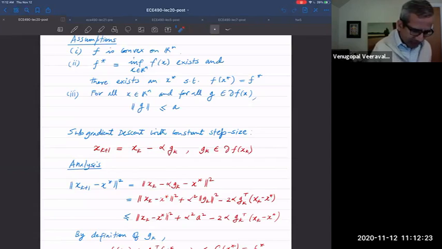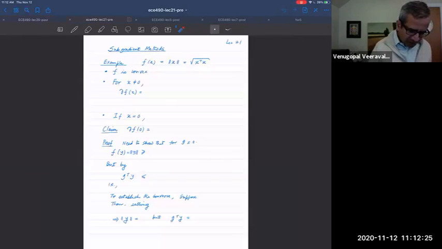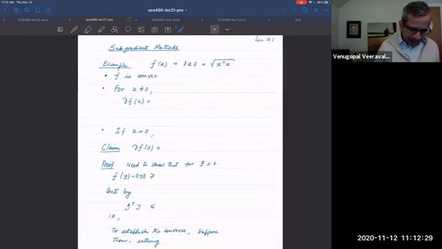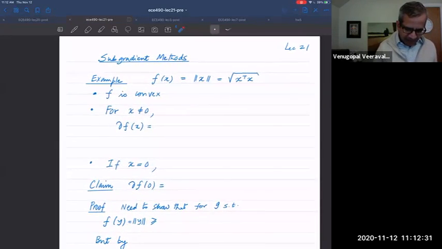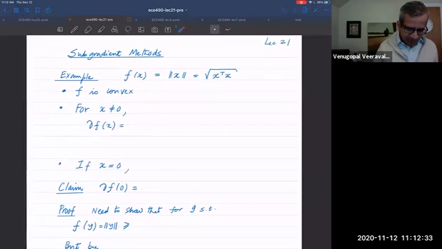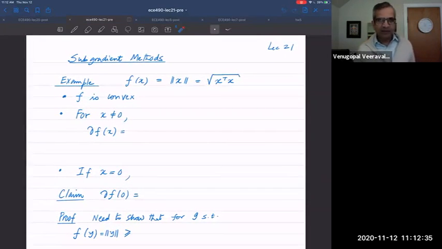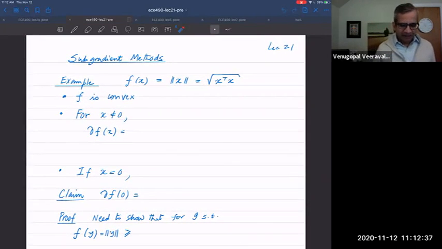Okay, I'm going to start by doing 2 more examples just to make it clear how we find subgradients, because that's the most important part of the subgradient algorithms. How do you identify subgradients easily, and then you can use them in the algorithms, right? Okay, so first let's look at a commonly used function